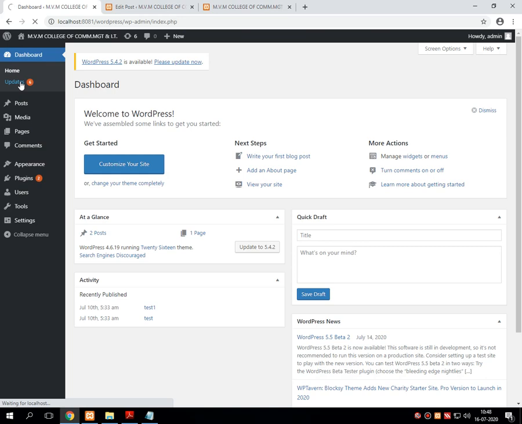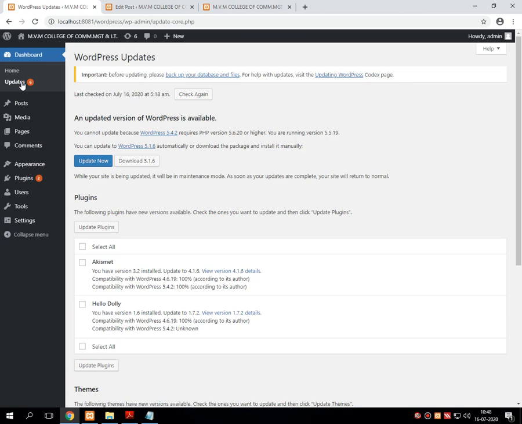Whenever you click on this update, it redirects to the update page. Whenever you press update now, it will automatically update the version of WordPress from the current one that you are using to the latest one which is available in the market.